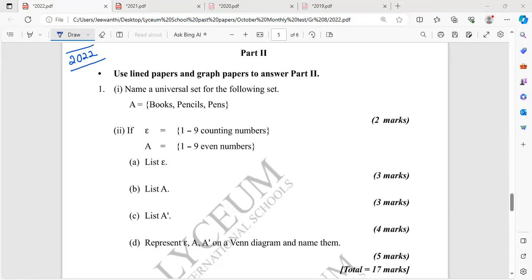So I am planning to discuss 3 to 4 questions from the past papers related to this topic. Name a universal set for the following set. Set A, they have listed down the items: books, pencils and pens. So what can be the universal set, children, for this set? That you can write the universal set. So then the stationaries